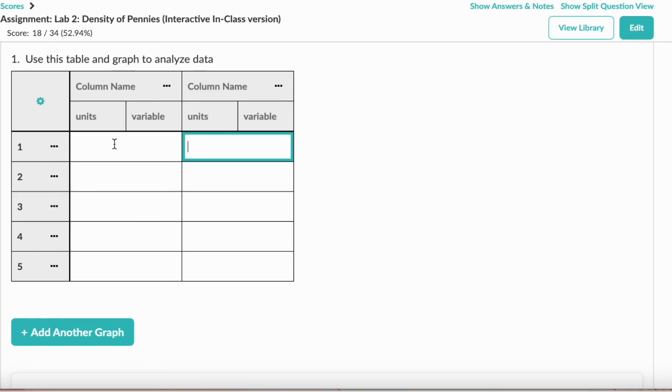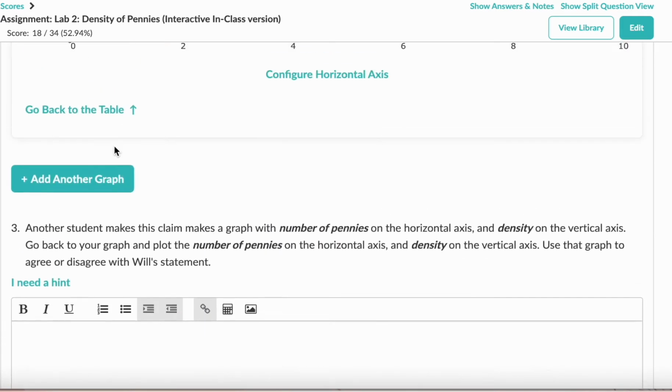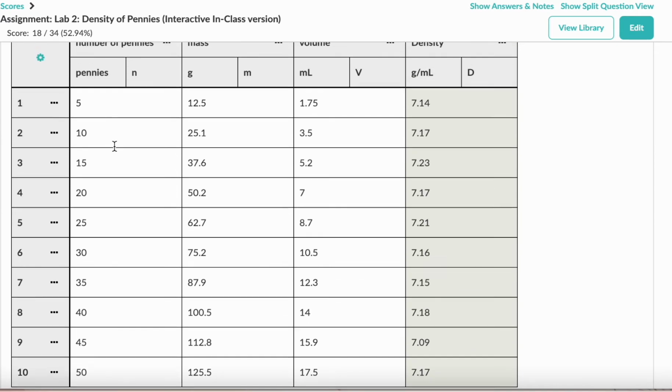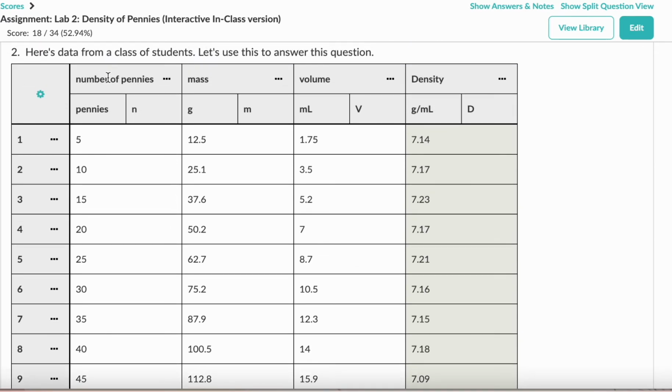I would suggest using the example from part 3 right here, generating a column of number of pennies, generating the mass column, and generating the volume column. Do I suggest the density column? You can at the very end, but